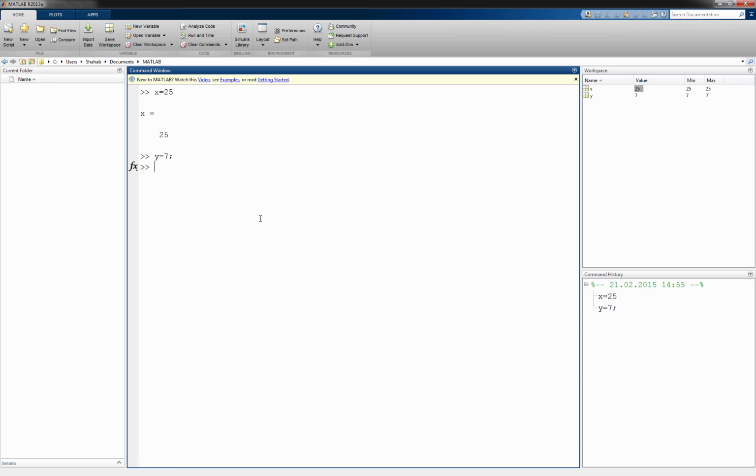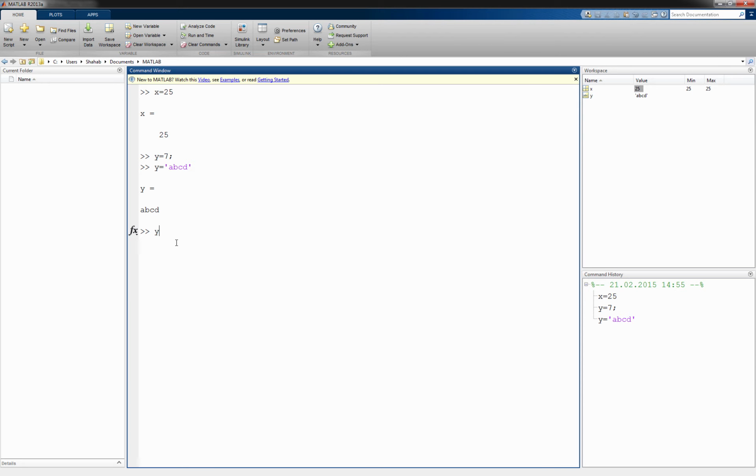Now, one of the good things about MATLAB, which makes it different from other languages, is that it's very dynamic. Look, we have created x is 25 and y is 7. Right now I can change y into, let's say, a name. I can put A, B, C, D, and I can press enter, so the echo is on, and you can see y is ABCD, and it is an array of characters.